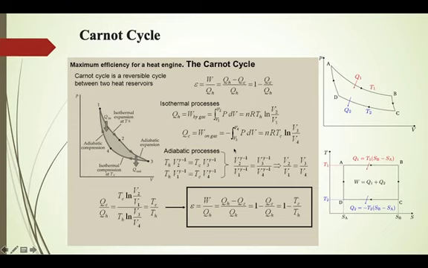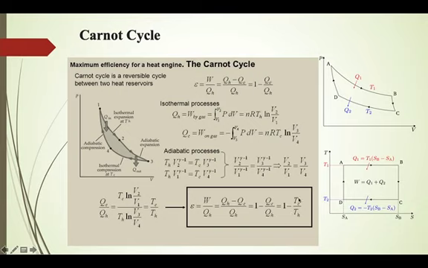So rearranging this, we have V2 raised to gamma minus 1 by V1 raised to gamma minus 1 is equal to V3 raised to gamma minus 1 by V4 raised to gamma minus 1, since Th and Tc will cancel out. And from this we have an output, that is V2 by V1 is equal to V3 by V4. Substituting this here, we have QH and QC. So QC by QH is equal to Tc ln V3 by V4 by Th ln V2 by V1. Now V2 by V1 and V3 by V4 are same, therefore this will cancel out, and we'll get